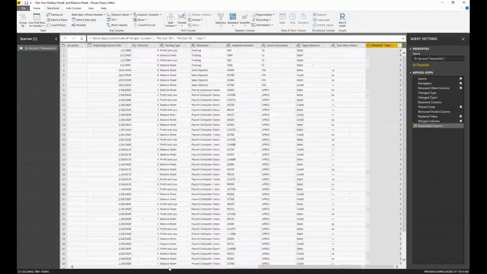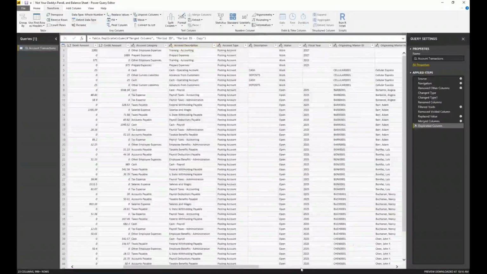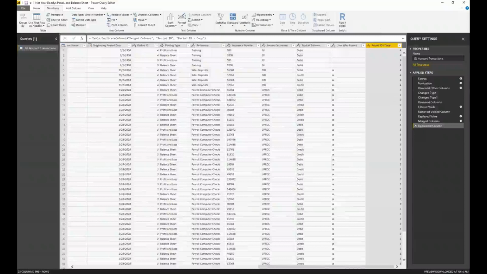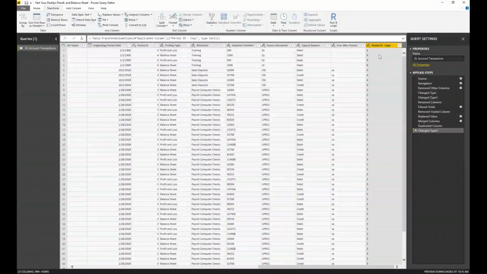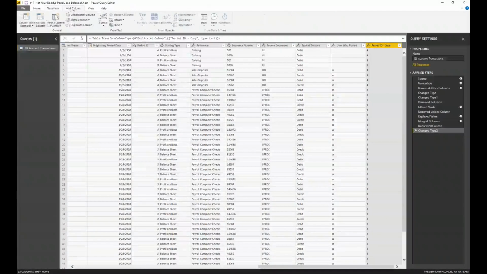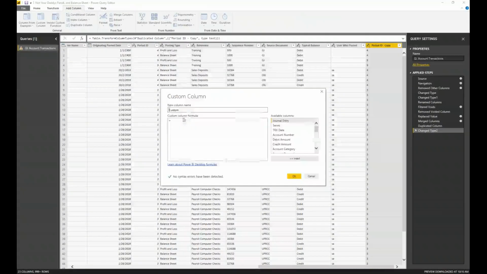And then while I'm at it, I'm going to come back over here. Well, let me just do fiscal period first. So now I'm going to change this to a text field. And now I have it set up as text. And now I'll come up and add another column and add a custom column. Now, as a rule, and I'm going to break my rule in this webinar, I only like to add custom columns when I'm adding a string field, meaning I want the same value to appear on every record, or for simple math. And I'll be doing both of these today.